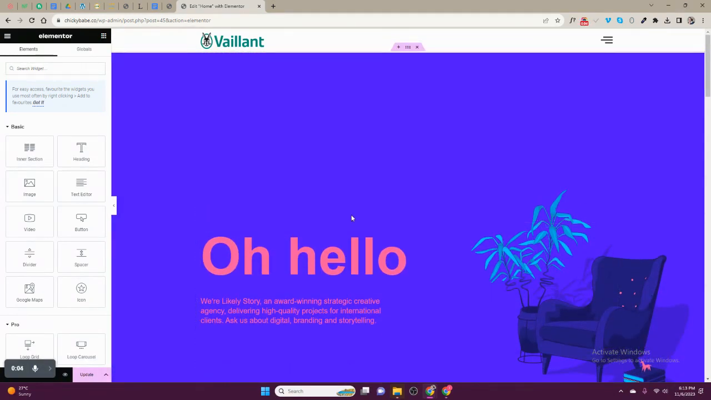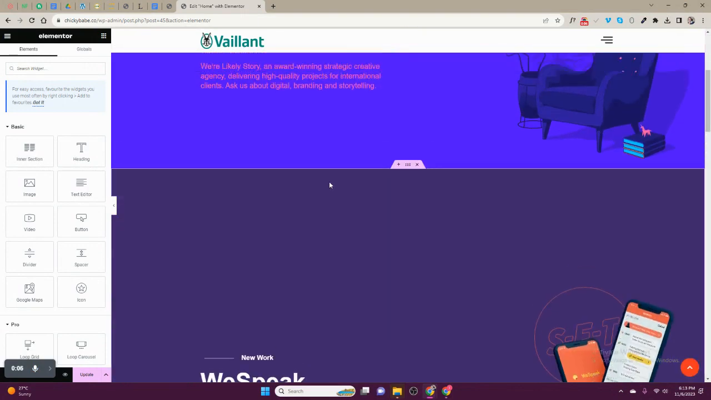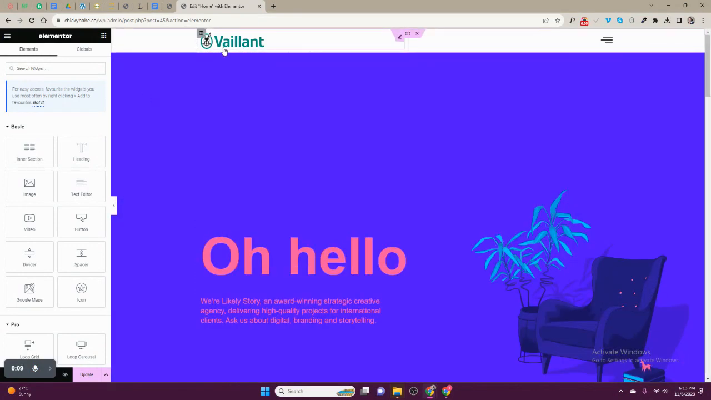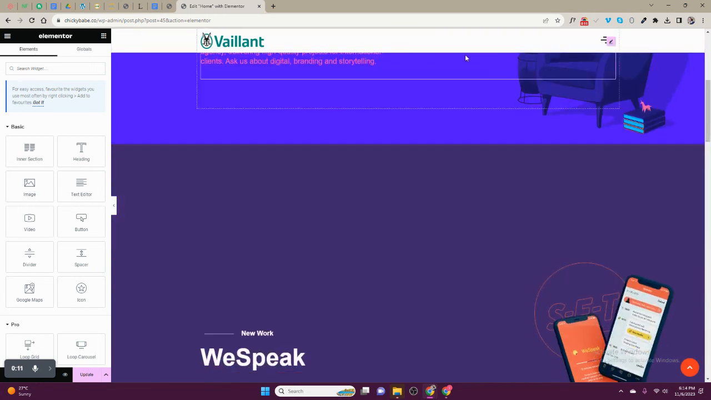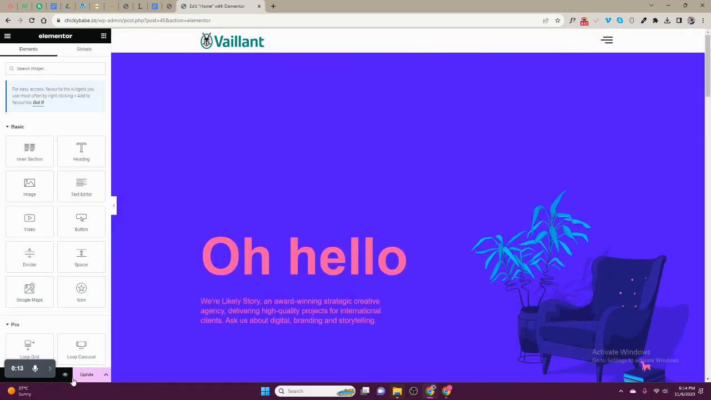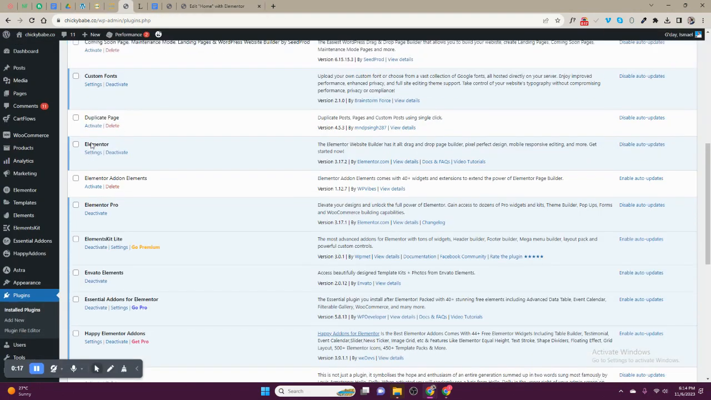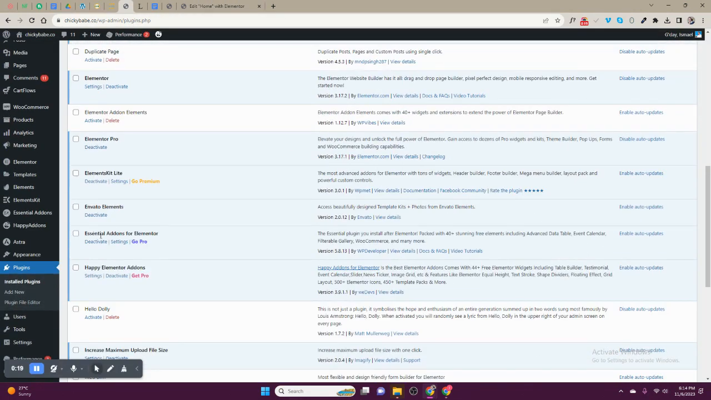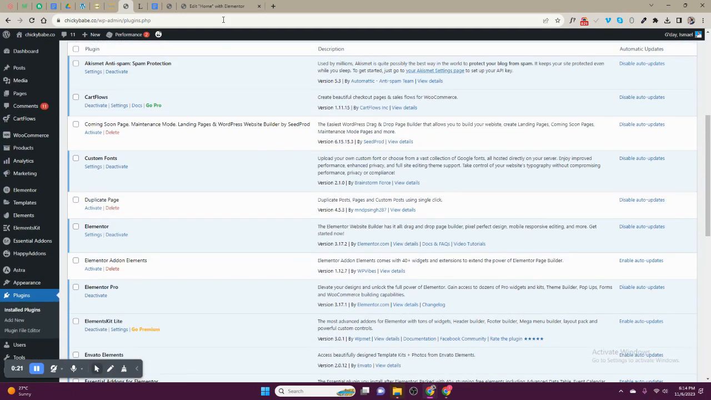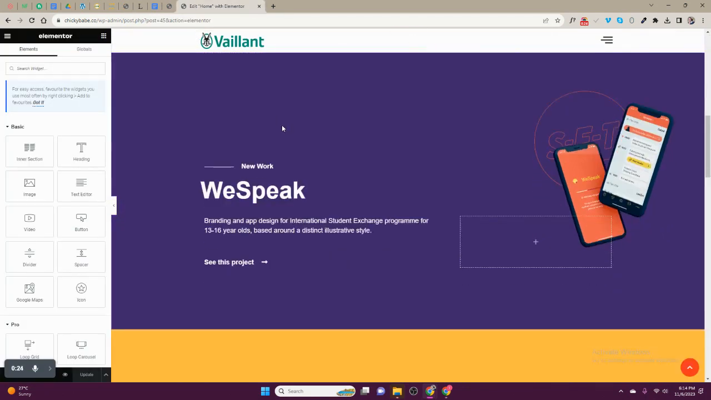We are going to create a reading bar, a bar which you can scroll, then as you're reading, it scrolls on top. To do that, go to your dashboard and install a plugin called Essential Add-ons for Elementor. After that, go to a page you need to add a reading bar